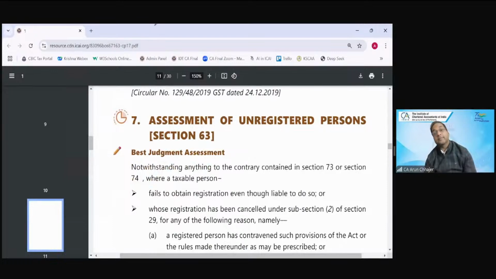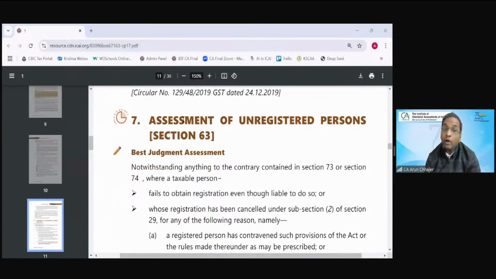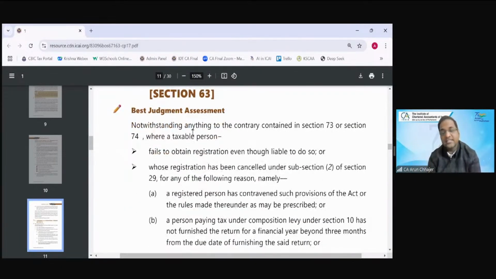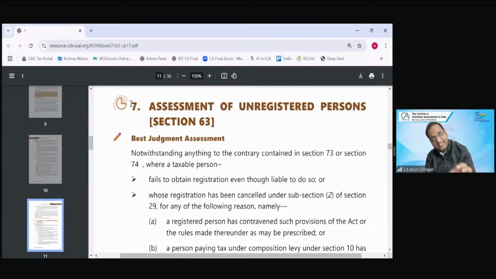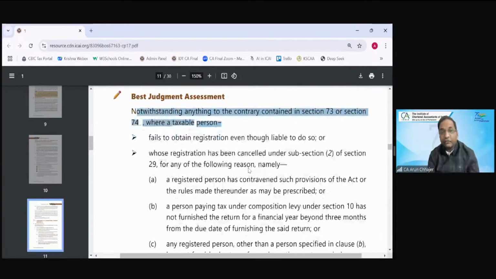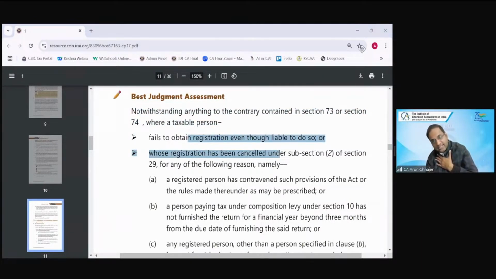Assessment of unregistered person. It means the person is not registered, or he was registered but the registration got cancelled. Later on, he has taken the cancellation, but still he was liable to take the registration. पहली बात, failed to obtain the registration. What is section 63? Assessment of unregistered person. It means notwithstanding anything contained, failed to obtain the registration. मतलब I was liable for registration, but I have not taken the registration. Situation number 1. Situation number 2, the registration has been cancelled by the officer under 29(2)